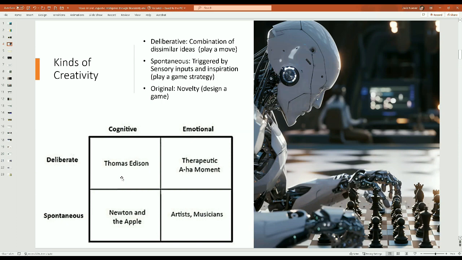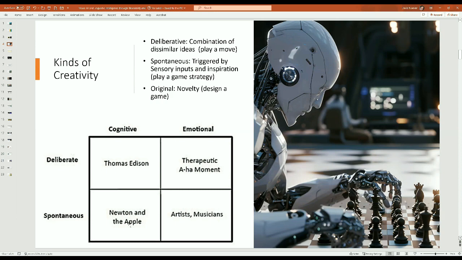But if they're a combination of similar ideas, I think we tend to think it's not as creative as combining two different colors, for example. If you're thinking about it in a game sense, that's an AI that can play a move. The other one is, I think, the one that causes people concern because we know these are computer programs. There's a mechanical element to it. So the part that we still might hold in reserve is what you call spontaneous creativity.